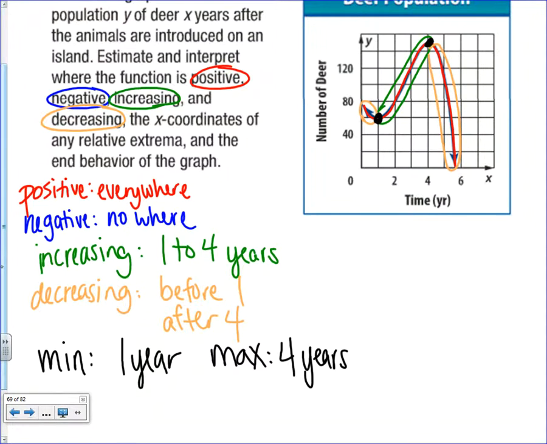Okay, finally, what else do I have to find? The end behaviors. Let's look at the left-hand behavior. On the left side, what happens to the years as I go to the left? The x's. As I go to the left, what happens to my x's? They decrease. So this would be in previous years, because I can't have negative years, can I? Folks? No. So in previous years,